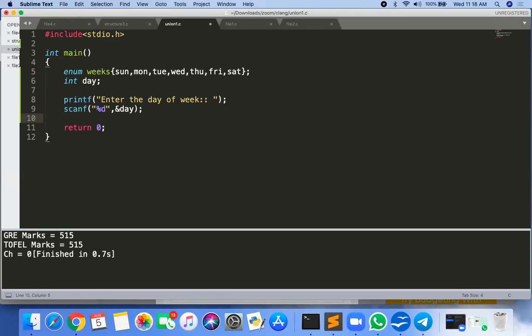Okay, I think it should start with 0 to 6. 0 means Sunday, 1 means Monday, 2 means Tuesday, like that.